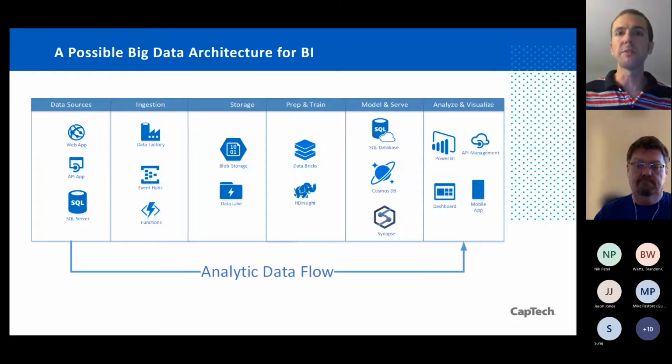I would offer, simply from a cost standpoint, that there was benefits to shipping prepped and trained data out to a more persistently available storage service. So you might do a small Synapse instance that does data warehousing, a fact dimensional model more traditionally, and you might dump it to a SQL database that would be available to Power BI and data services. You're shipping data twice, which isn't great, but it's just a different design pattern to what you want to allocate